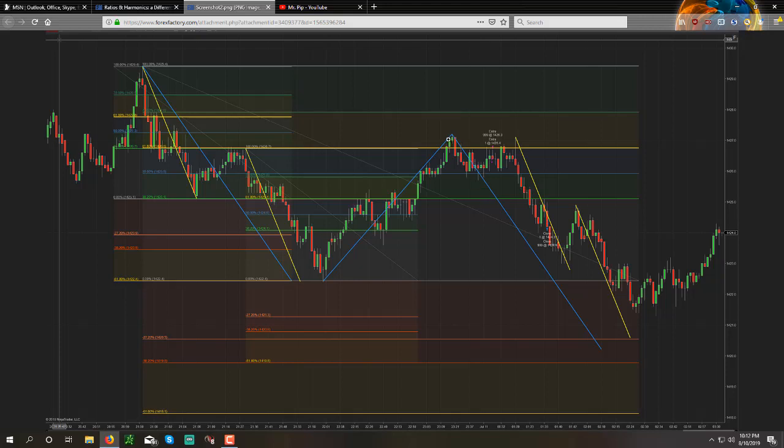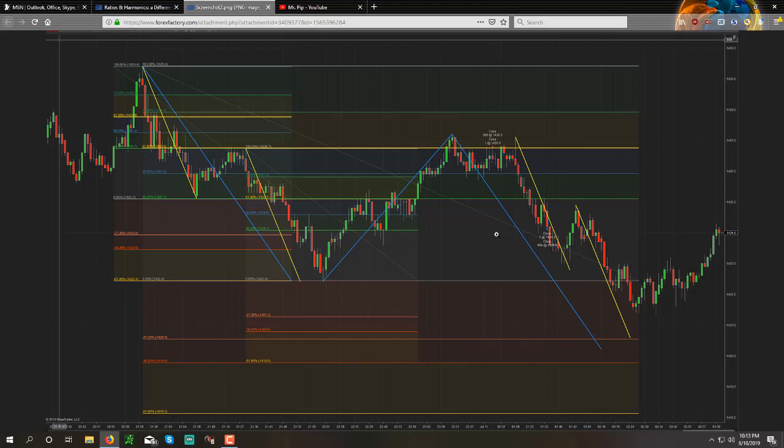Okay, but seeing that the market is maybe aligning itself with what the market is working towards, and you have room to compete, getting short here, your stop still has to go up there. But once you get to the 618 of the ABCD, which is the profit target of the pattern, you're not going to take profit, because at that point you want to give yourself room to compete.